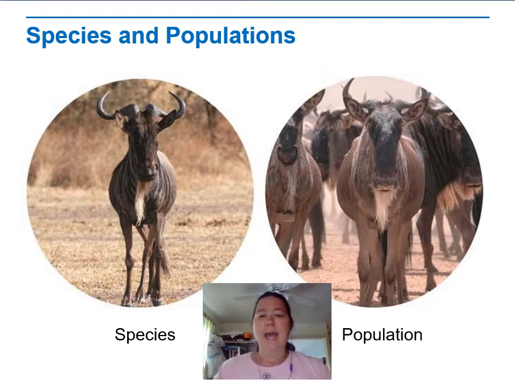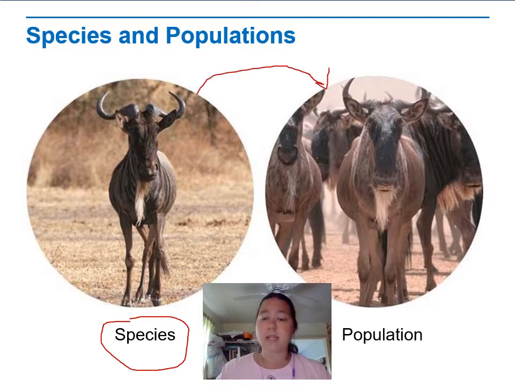These are the different categories of what we call the hierarchy, leading from smallest to largest when we look at ecology. So like I said, when it comes to ecology, we can look at it at a very small level, or we can look at it at a very large level. So the smallest that ecologists look at is the species. So species sometimes means one individual organism, sometimes means one family grouping. Species is just one type of organism,